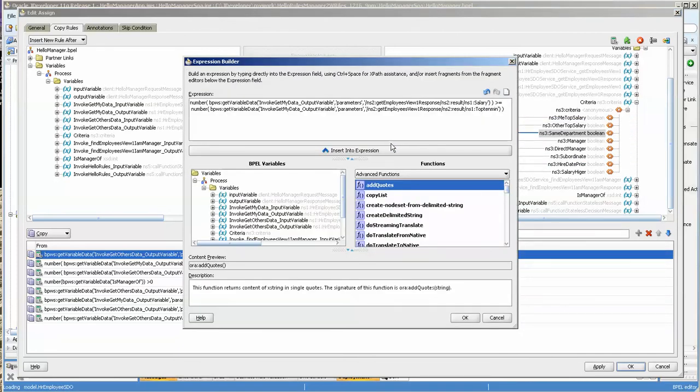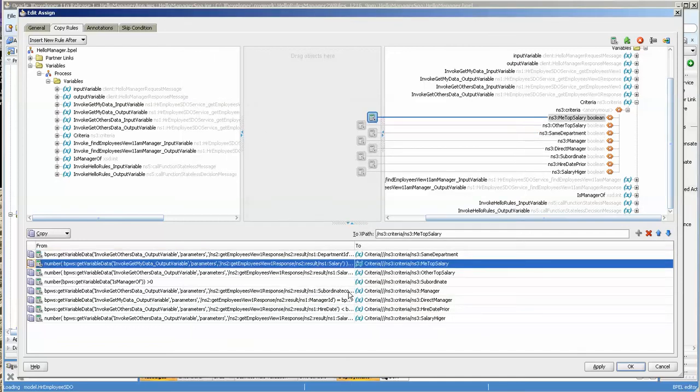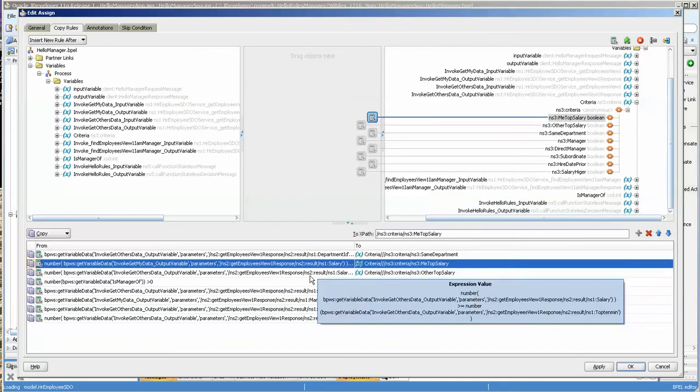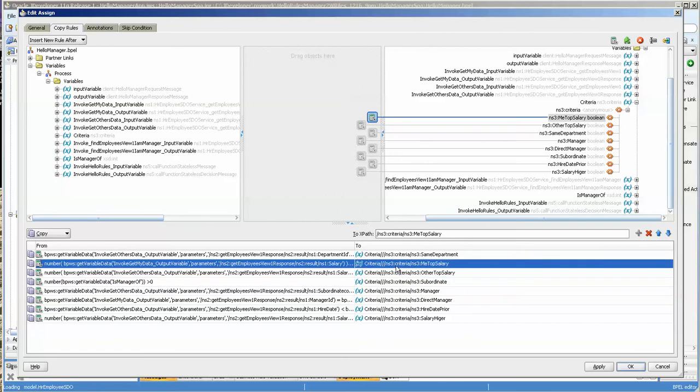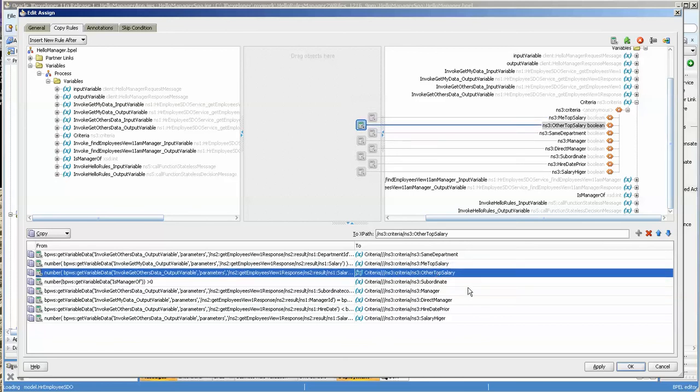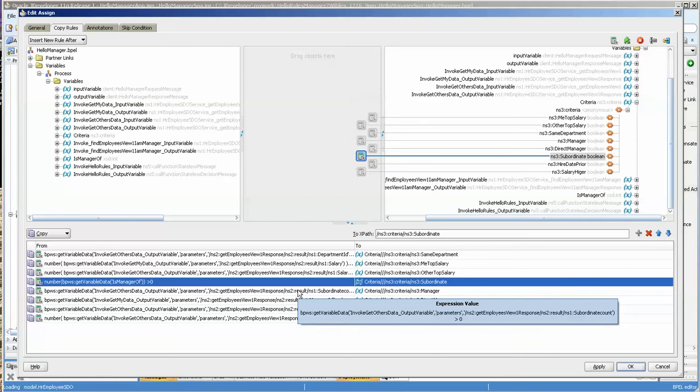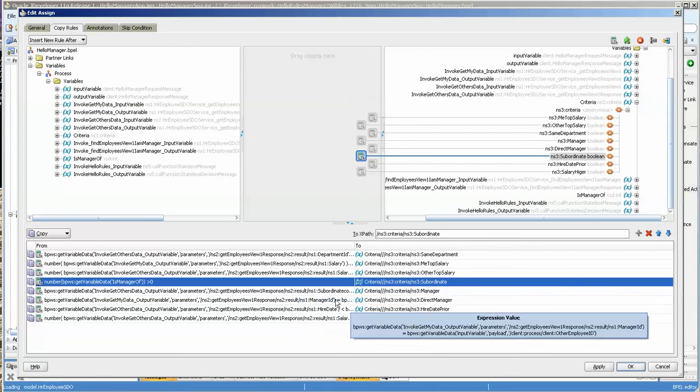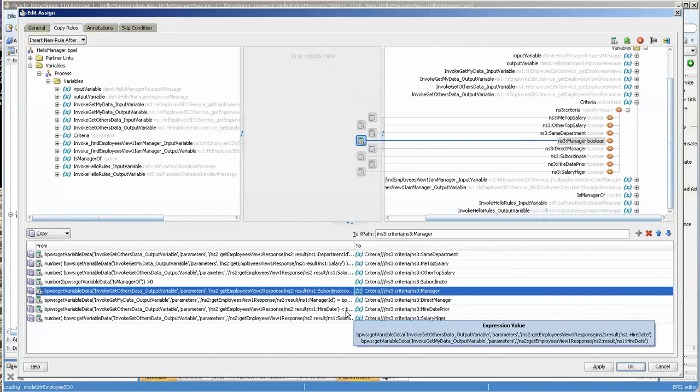Here, for example, we'd say, is my salary higher, or the other person's salary higher than the top 10 salary? This one's me top 10 salary, and this is the other person top 10 salary. And here is asking whether the person has any subordinates, whether they're a manager, whether they're